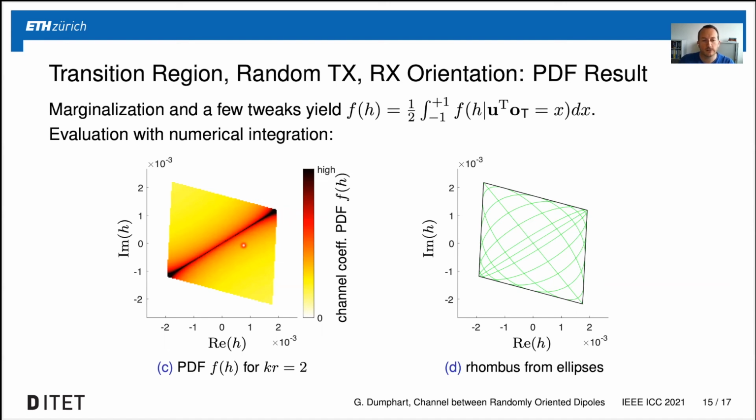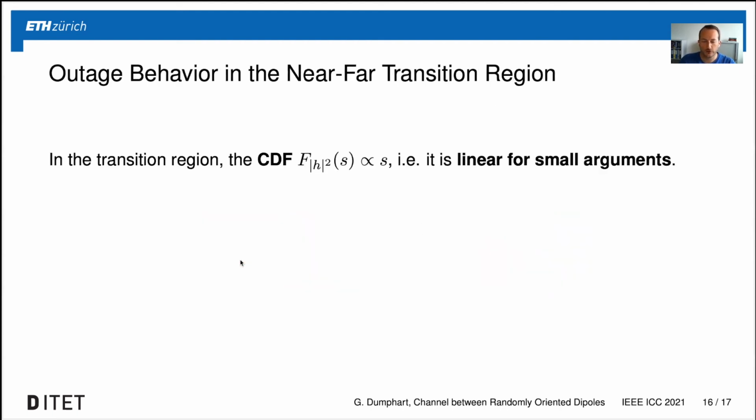And the problem with that is that for a line, we are much more likely to have a realization close to zero. When we have this nice two-dimensional PDF support, then realizations of H will usually be more likely to be far away from zero, and so we will have better fading behavior. This is polarization diversity. All right, and the performance implications are that the CDF is now not a square root for small values,